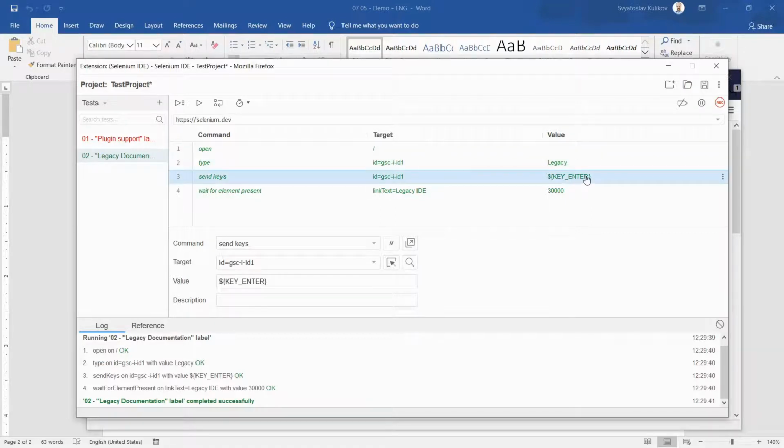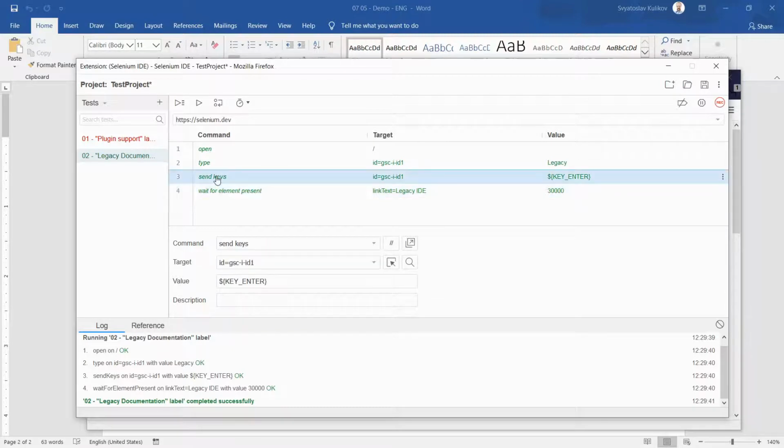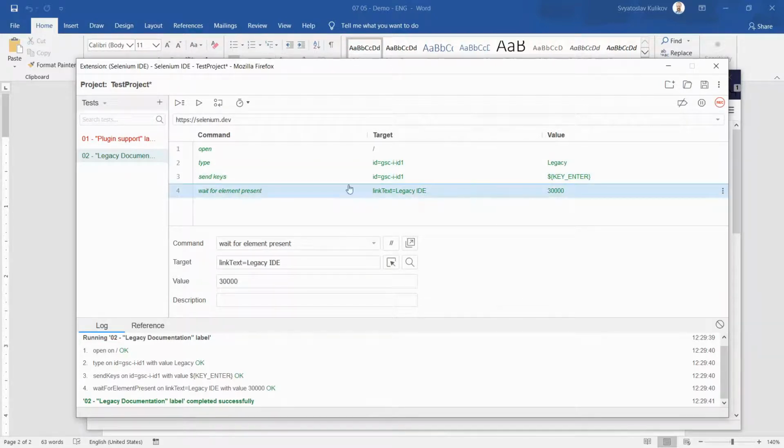We are sending the enter keyboard key event to the same field, and here we are waiting for such a link to appear. We have to use wait for element present, not just assert element present, because we have to wait for some time between the enter being pressed and the new page being loaded. So here we use wait for element present.